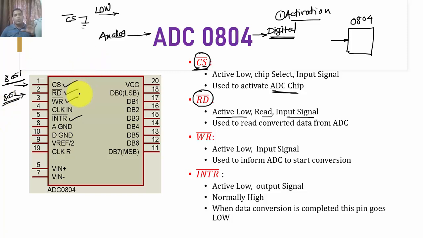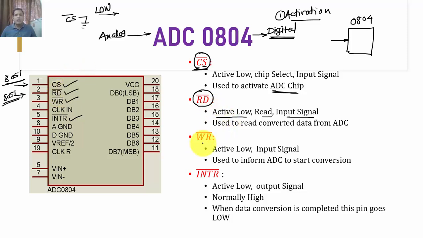First we will see the pin configuration of this 0804, and after this we are going to discuss the programming steps here. During the programming steps, again sequentially we are going to talk about all these pins, right? The first pin is chip select. We have to send the active low signal in order to enable this 0804. The second pin is RD bar. Once the analog to digital data conversion is done, this RD bar signal is used to read this digital data from the ADC to the microcontroller, right?